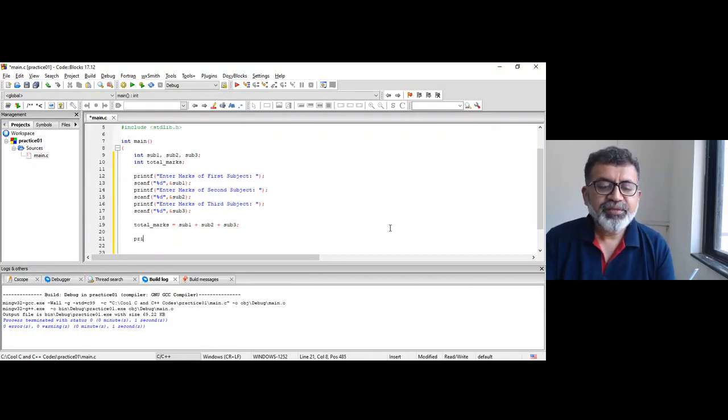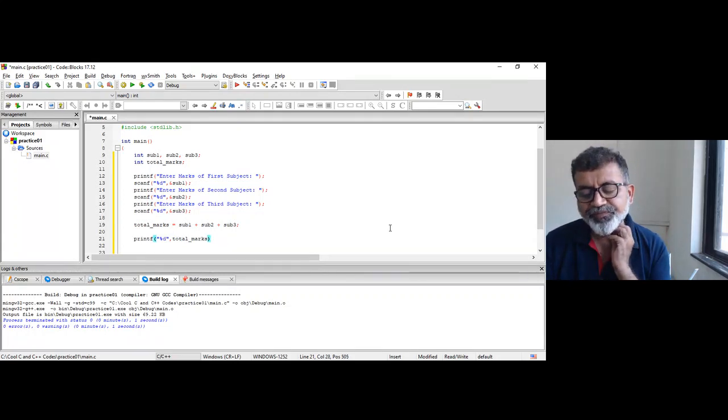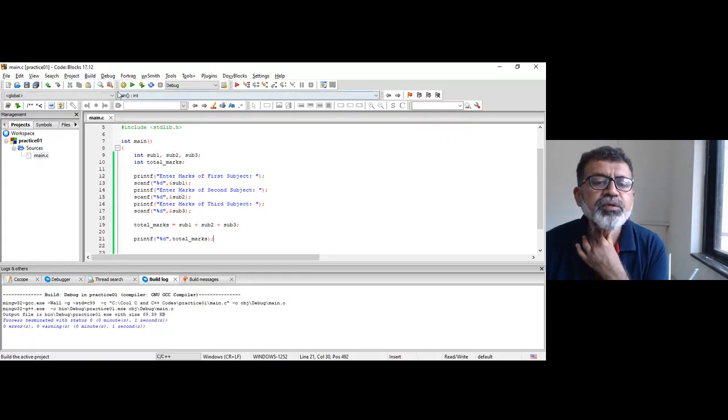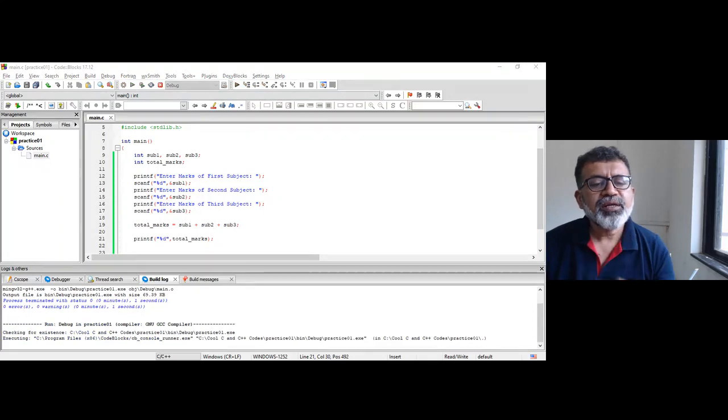And I'll print that. Usually I have found many students print only the total marks, right? If I run this program, enter marks of first subject, second subject, and third subject.